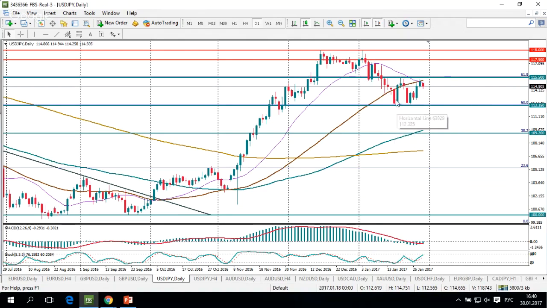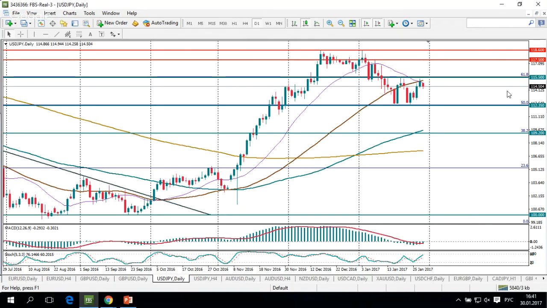We have seen the pair rising 2 times from this level. So this is a strong support. But if there is a break below this support, then a strong movement to the downside will follow and will target levels around 111 and probably even 109.20. On the upside, you can see perfectly well that there is a significant resistance in the area of